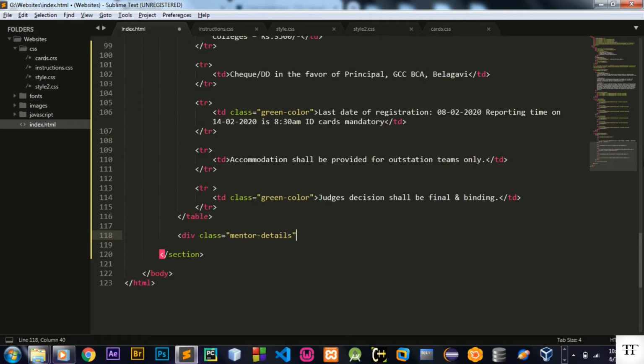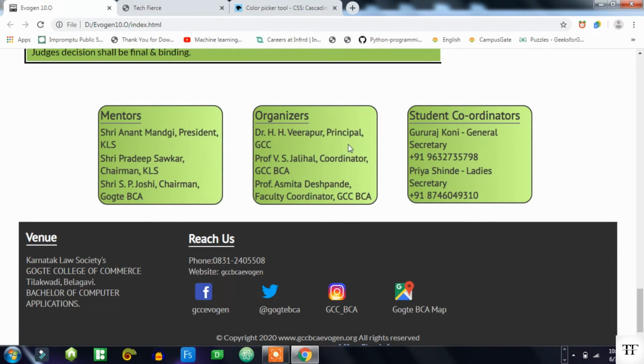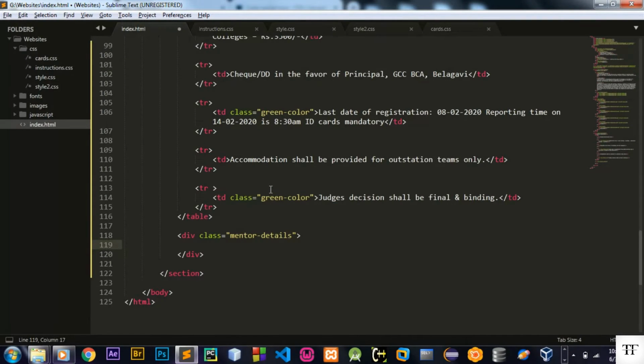Then inside this I am having these three details, right? These three mentors. So I will create three more division tags with class name mentors. Okay, now I will simply copy this